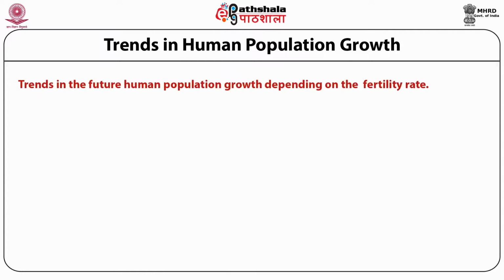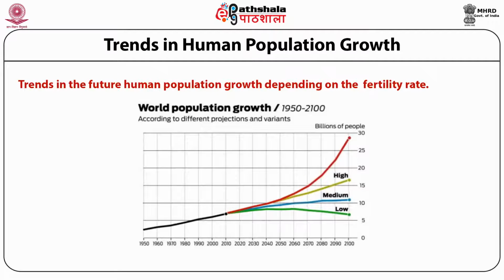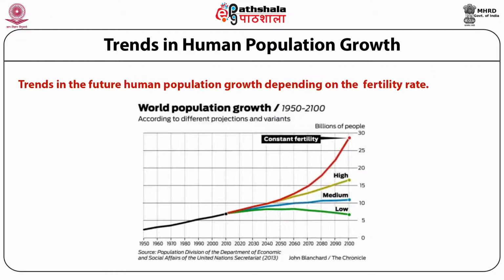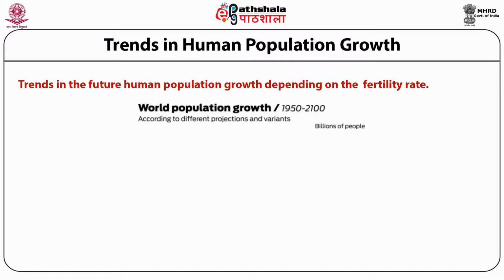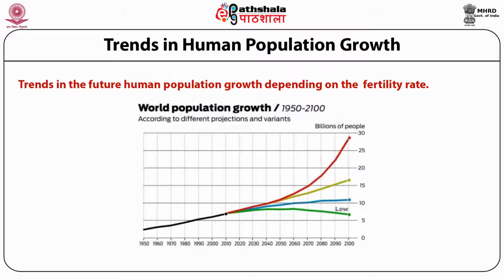Expected trends in the human population growth with different fertility values from 1950 to 2100. As you can visualize in this figure, depending upon the change in the population size, there is a different trend in the population growth. With a constant fertility rate, which is at present, the population is increasing exponentially. With the medium population growth, the rate of growth is a little less, and with the low population growth, it is